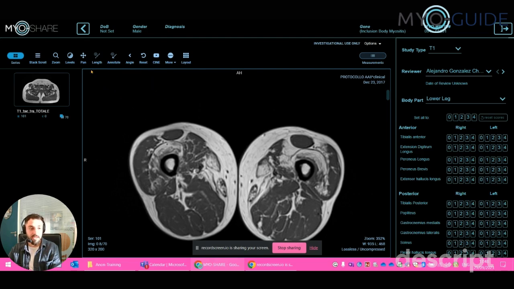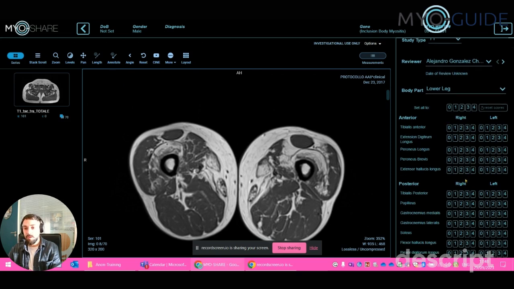Because our MRI is well anonymized, here is blank. So please make sure, at least with a couple of your MRIs, that they don't contain any information here. And you don't have to worry about this panel on the right, because here is where we will do the scores, a quantitative value to the muscles, but you don't have to.